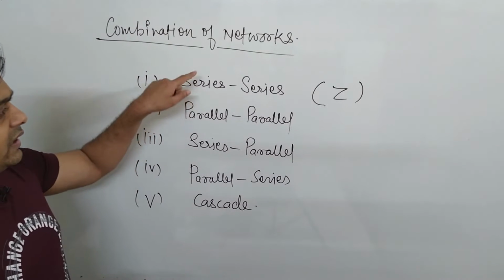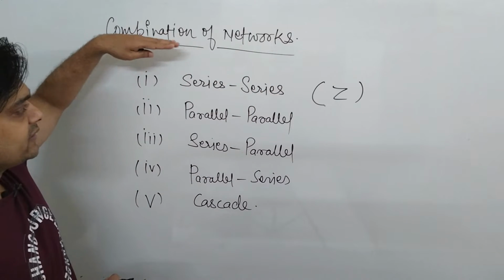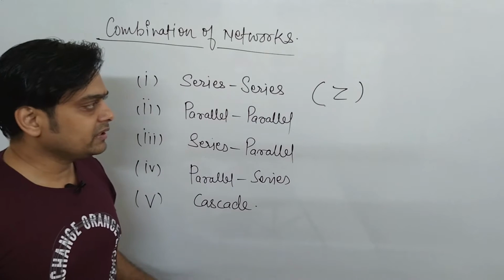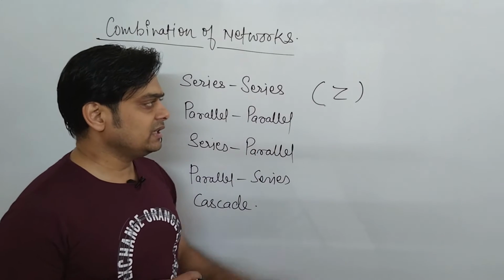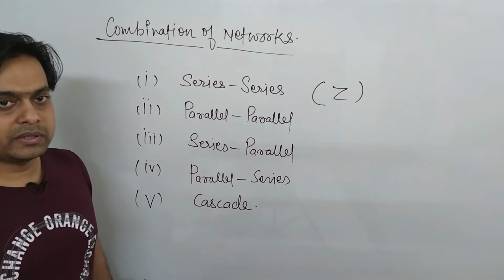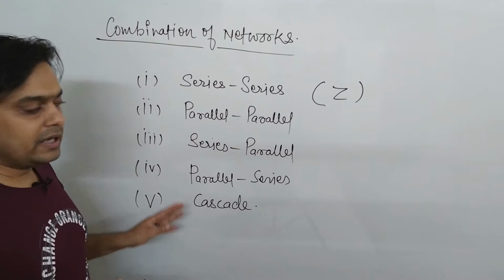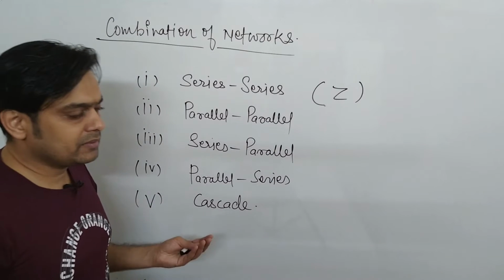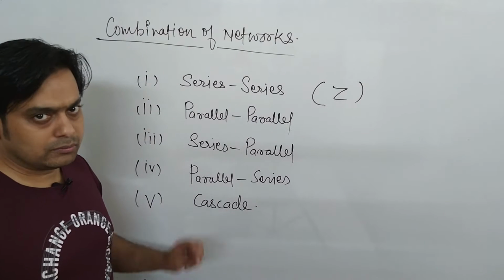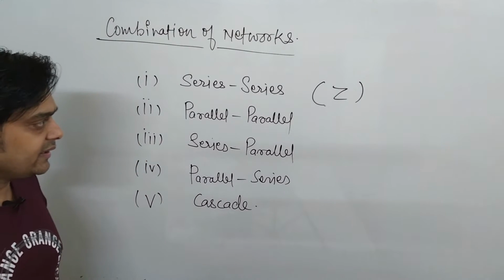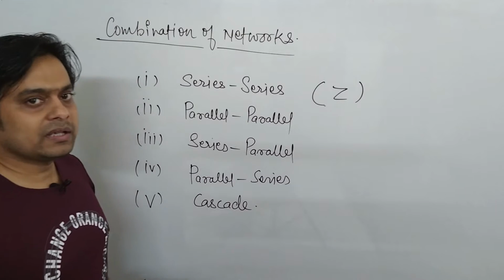So just keep in your mind, when there exists a series network, we always find Z parameter. You can find any type of parameter for any type of network, but here we are understanding that when there exists a combination of networks, what are the parameters which we can find very easily. In later sessions we will convert one parameter into another. And if required, you can find Y parameter for series, or H parameter for series, that is also possible to calculate. But here we will only understand which parameters we can easily find.